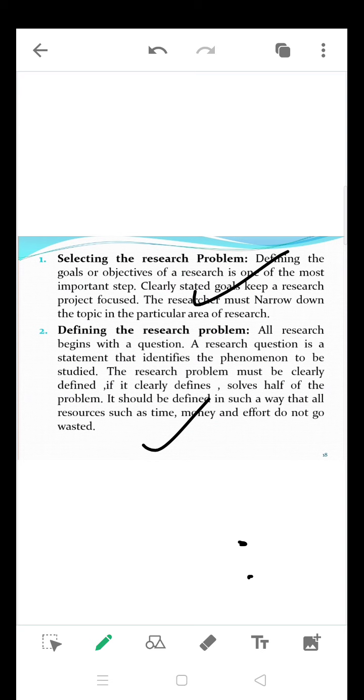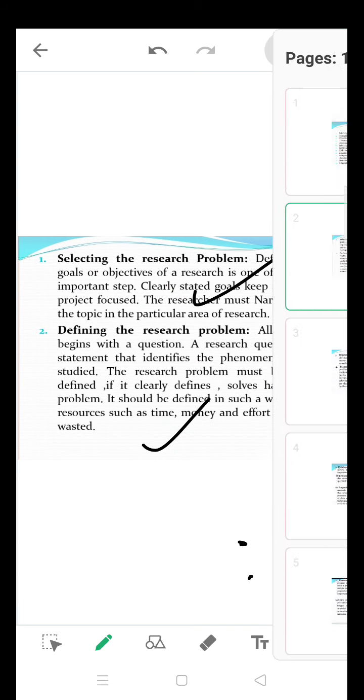In the first step, you identify a problem, in customer satisfaction, for example. Second step, you define the problem. What exactly is customer satisfaction? Customer satisfaction towards usage of a cell phone: you make a specification, you define, you make it precise, and you narrow down the research problem or research question in the second step. First step, you identify a problem, and the second step, you define the problem.